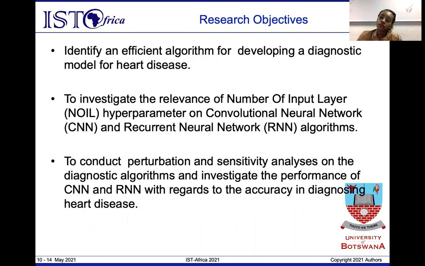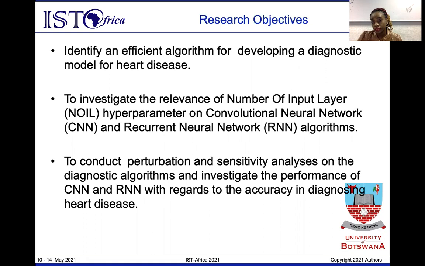Now, what are the things that I aim to achieve at the end of this research? I intend to identify an efficient algorithm for diagnosing heart disease. To do that, I'm looking at the hyperparameters of my algorithm, and one of the hyperparameters of any algorithm is